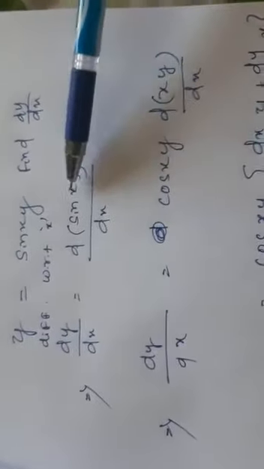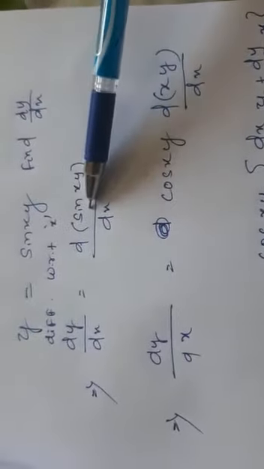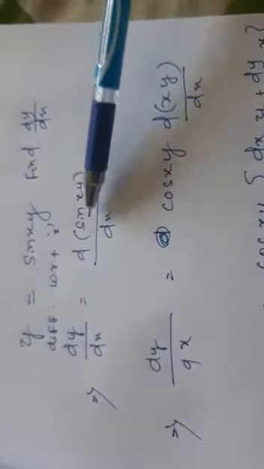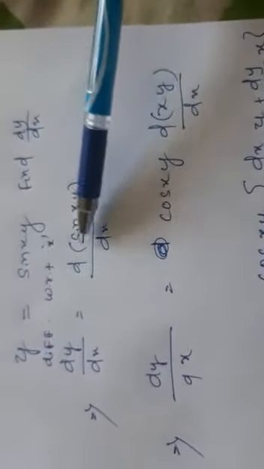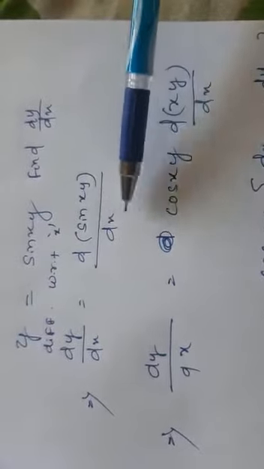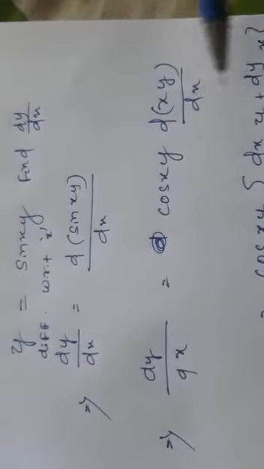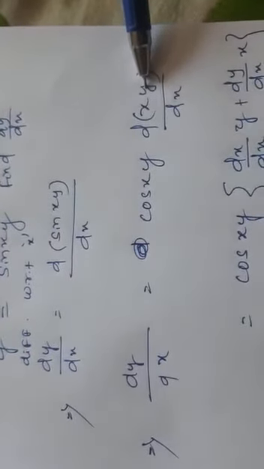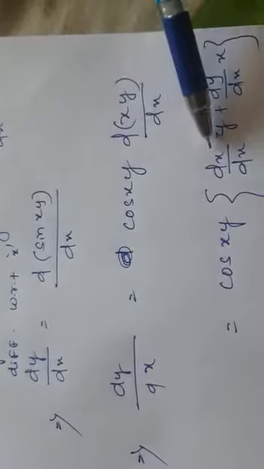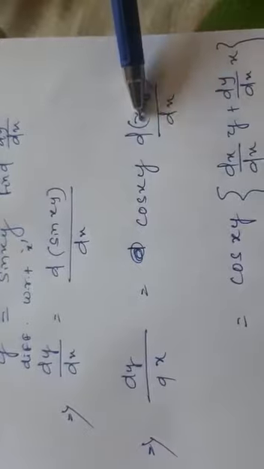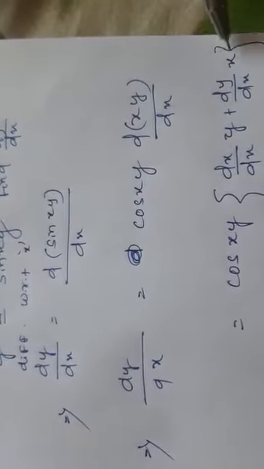Now how to find the derivative of sin xy? According to the chain rule, it is present in terms of sin theta. Sin theta derivative is cos theta into derivative of theta. Are you all getting my point? So the derivative of sin xy with respect to x is cos theta into derivative of theta. Now for u into v, it is derivative of u into v plus derivative of v into u.